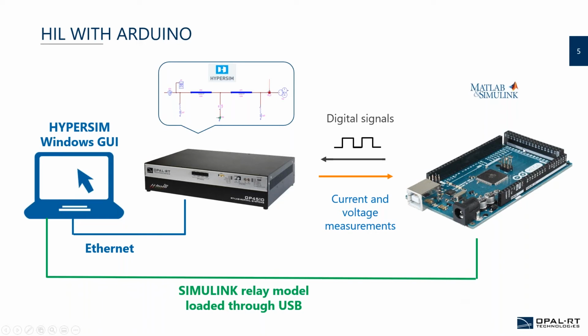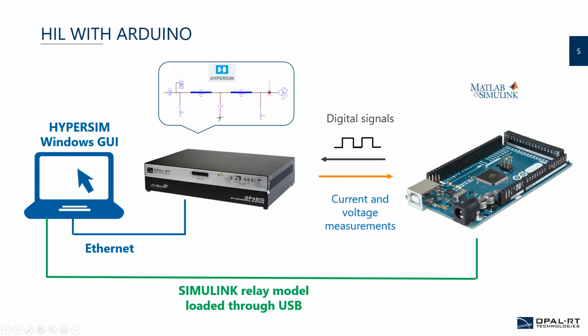But here I can have my Simulink relay model that is loaded through a USB in order to program my Arduino card. And as well, I will have my network model in an OPAL-RT simulator, so it will be in HYPERSIM software. So I will have my network model. I will show you this in detail after. So I will have on the HYPERSIM software the network that is simulated on the OPAL real-time simulator, and then